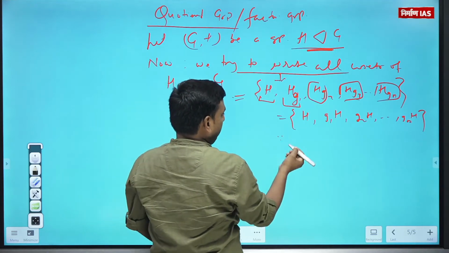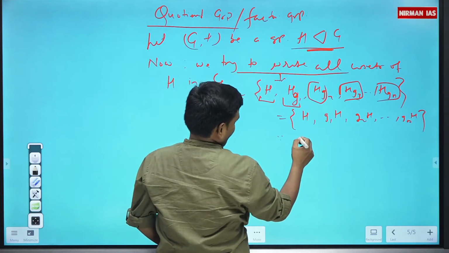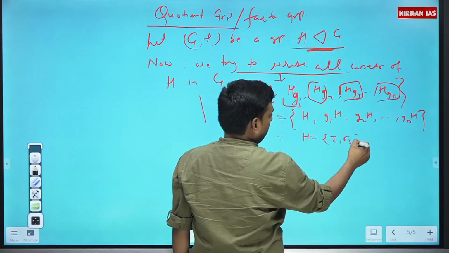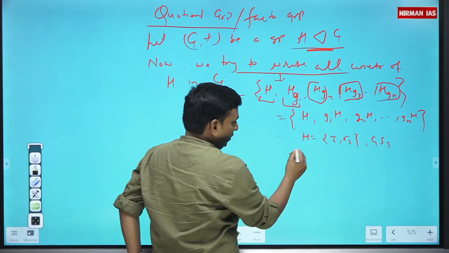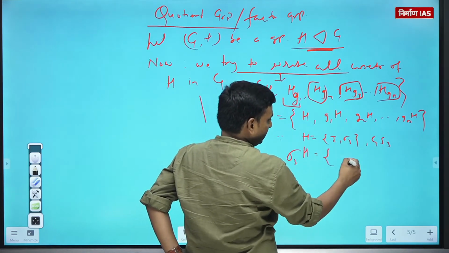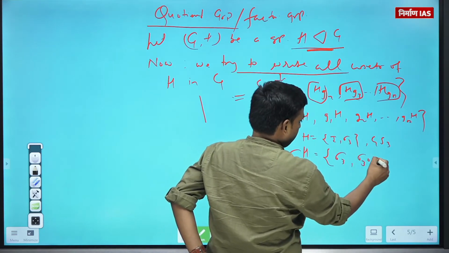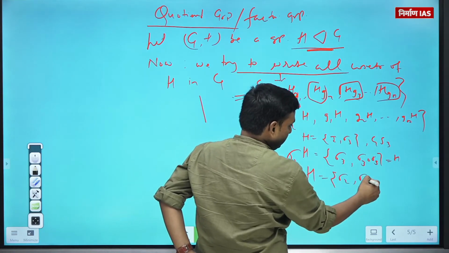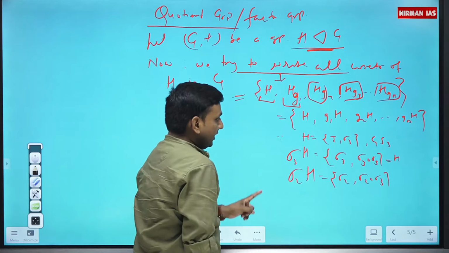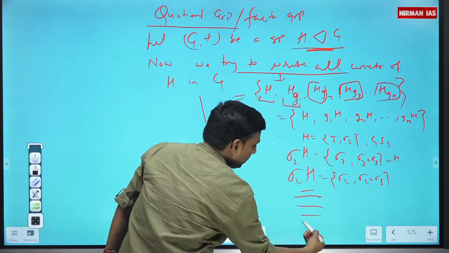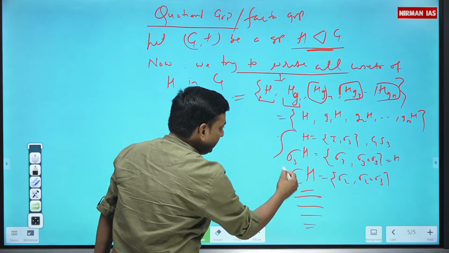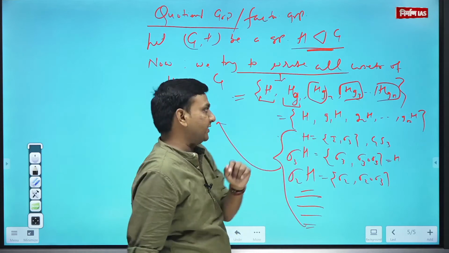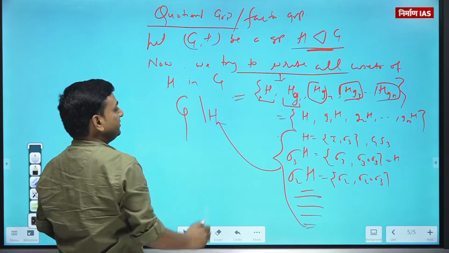Let's say you have taken H as, what we took just now, sigma 3 and G as S3. So when I talk about sigma 3H, this is some set, and that is H only. When I talk about sigma 2H, this is a set, and now whatever those sets are, I have taken the collection of these. So this is the collection of sets, and I represent this collection as GH.